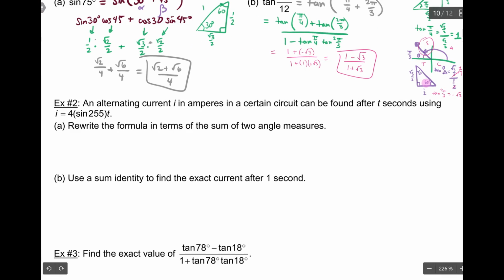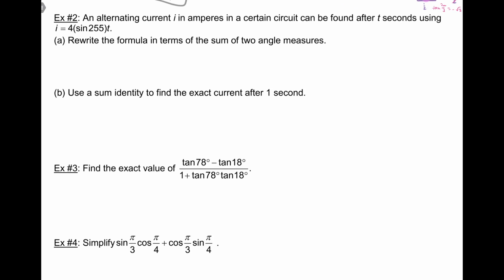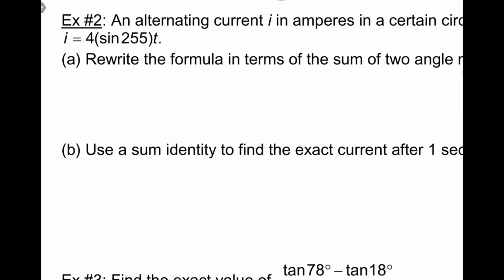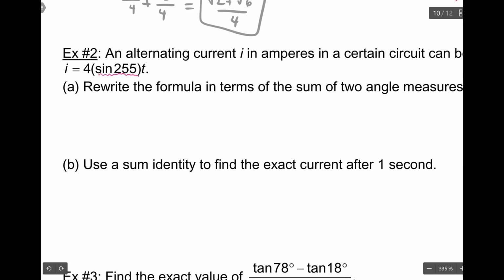An alternating current I in amps in a certain circuit can be found after t seconds using I equals 4 sine 255t. So this is just a random equation, but the reason I include it is because we can rewrite this as a formula in terms of a sum of two angle measures, which is what we're going to do in part A. So I is going to equal 4 times sine of